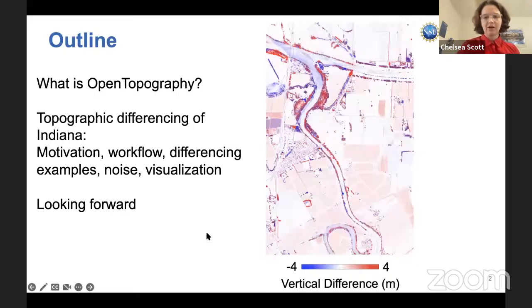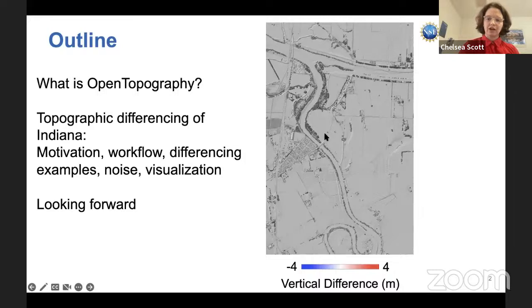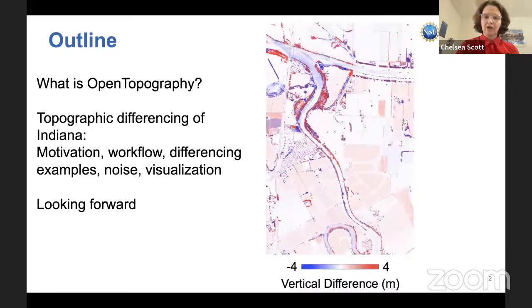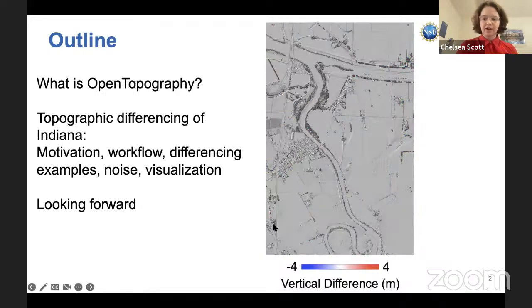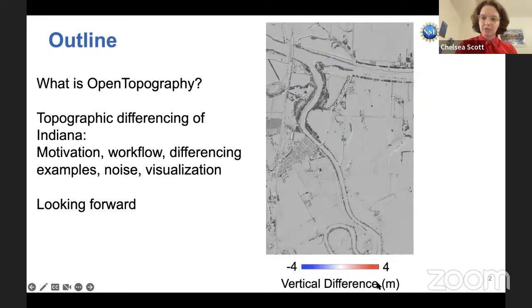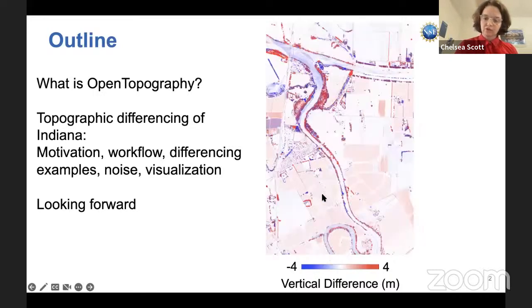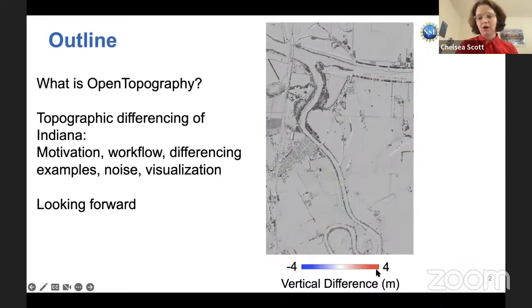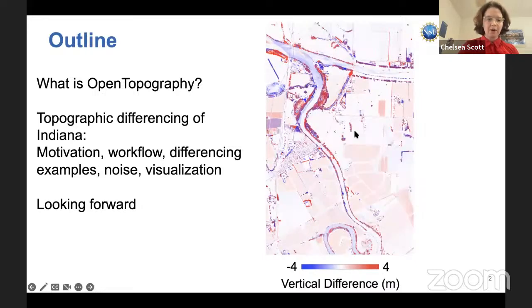And this figure here on the right looks at vertical topographic change along a river, and is a figure type that I'll show throughout the presentation today. Blue represents downward movement of the Earth's surface, red represents upward, and in this case, blue is often erosion along this river, and then red is either deposition and or change in the vegetation along this farm.